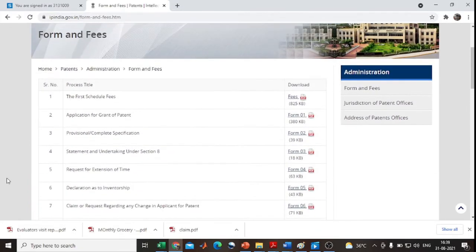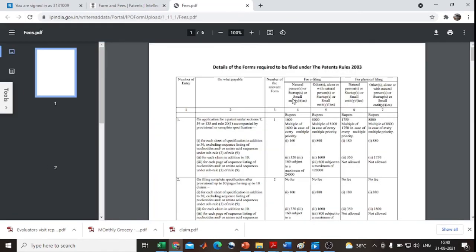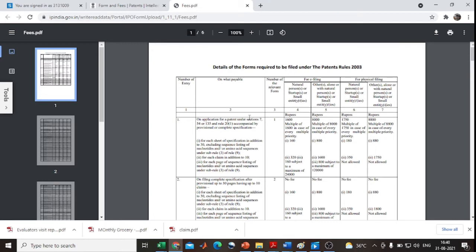Which forms are important to submit the patent? Yes, first, the fees form explains what fee structures are available for an application for a patent under section 7, 54 or 135 and rule 20 of the patent rules, accompanied by provisional or complete specification, with the number of the relevant form, which is form 1, for a natural person, startup or small entity.